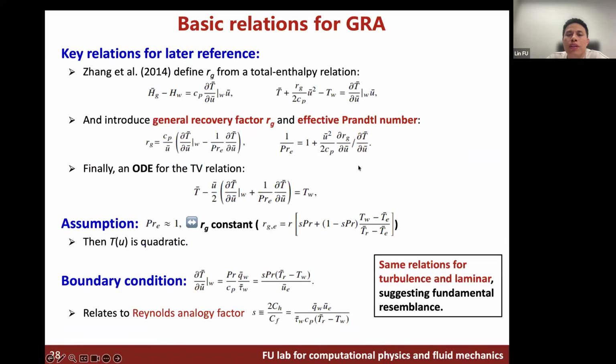If it does not work, how to improve. We want to fundamentally analyze this relationship. So we start from this analogy. We call it a Reynolds analogy, right? The left is enthalpy, right is velocity. So if the Prandtl number is 1, then the total enthalpy and the velocity have a perfect relationship.